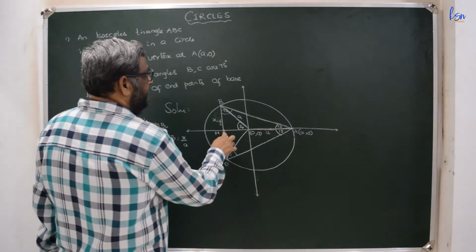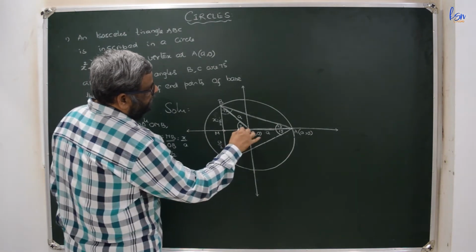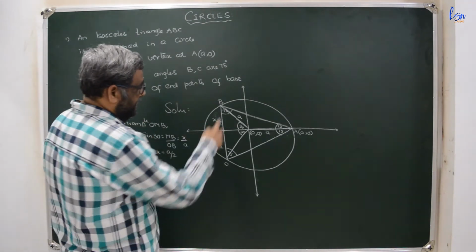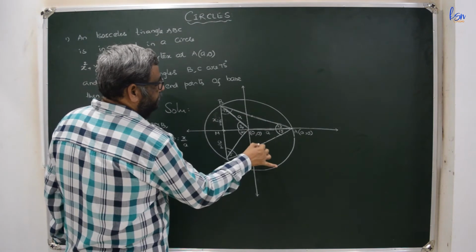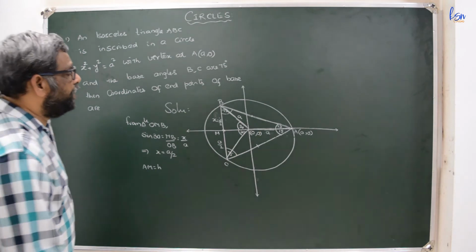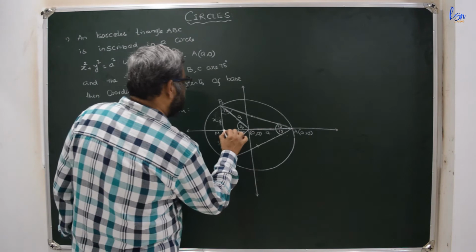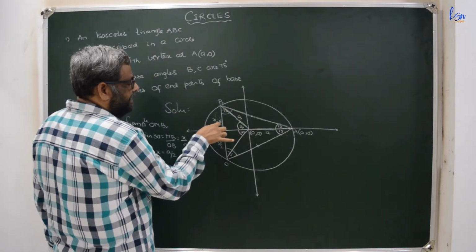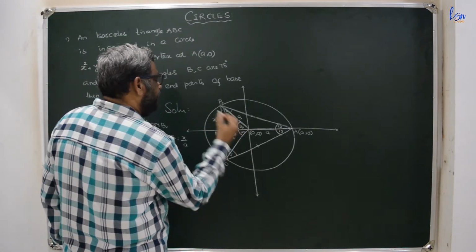Now this being the height, and this is of course 30, this is also 30. This complete one is A. Already these two sides are equal. Now here, this being A and this being A by 2, you can have this one: A square minus A square by 4, that is 3A square by 4. Root 3 A by 2. This is root 3 A by 2.